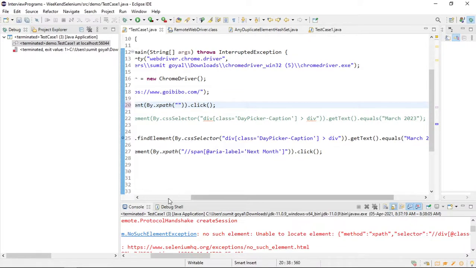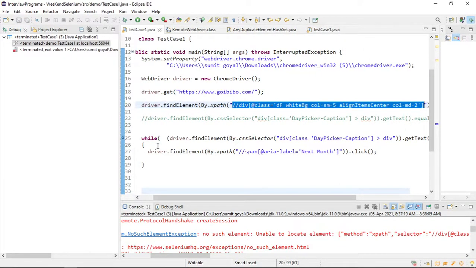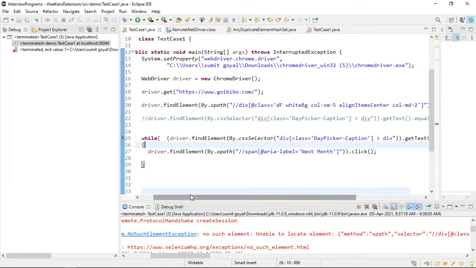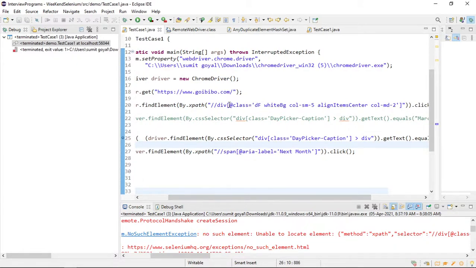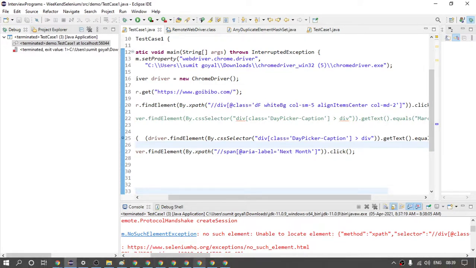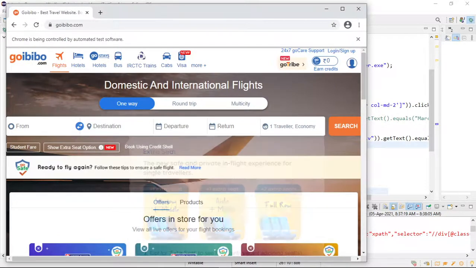Let me run it again. Maybe the value of the class is dynamically changing every time you run. Let me refresh it and search again.